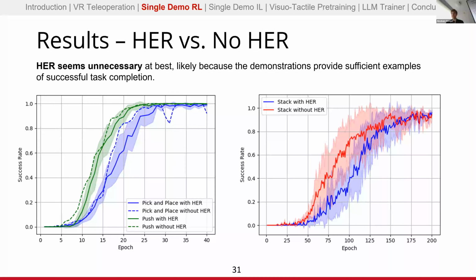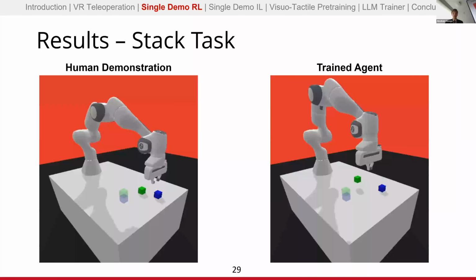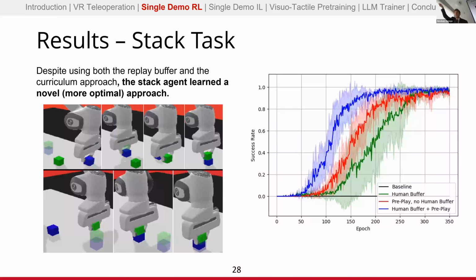Another question: I think in your first work, you said you want to set up these waypoints, or an interval. How do you do that? Exactly. Manually. We just manually annotate them. So for example, for the stack task, our waypoints would be the initial location of the robot, grasping the first block, the robot placing the first block, the robot grasping the second block, the robot placing the second block. Those are the key points that we interpolate around. Does that require some understanding? Yes, that's 100% a human hard-coded it. The exact same thing happens for the single demo work. It's the LLM trainer where we move away from those assumptions of human annotation.